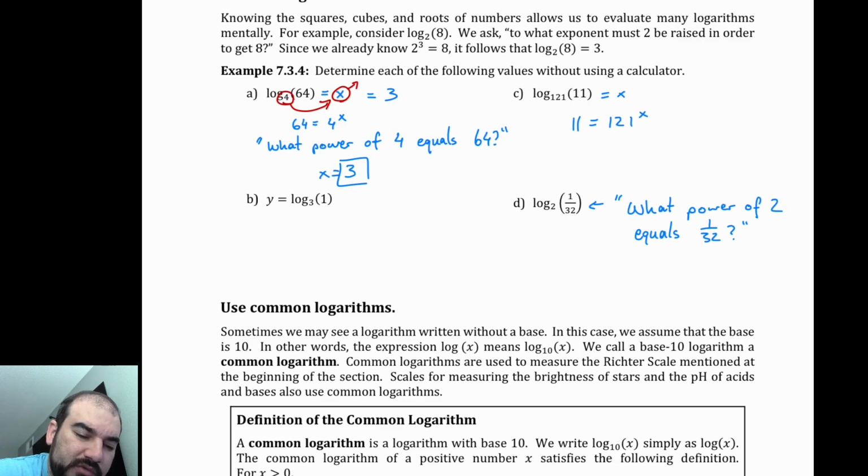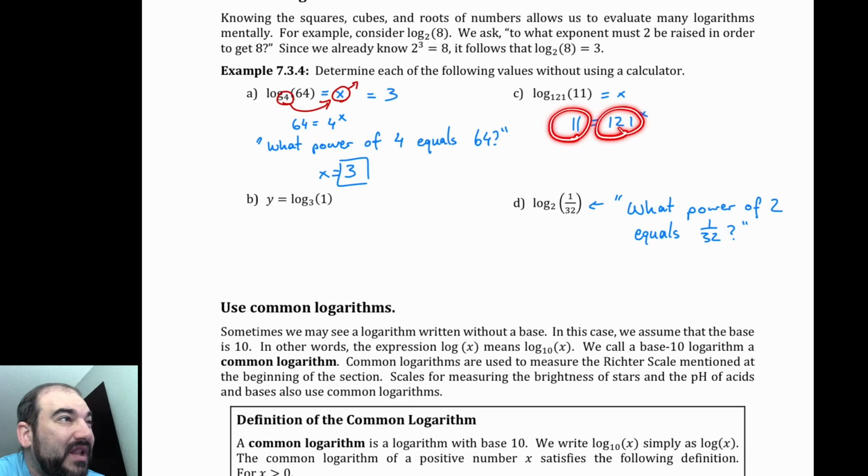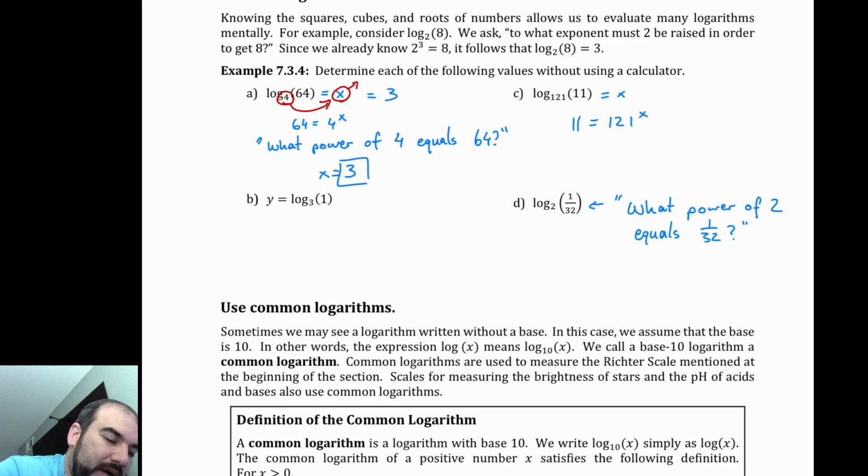If you notice, 121 is a power of 11, right? 11 squared is 121, but that's not the relationship we're looking for. So how you would get from 121 to 11 is by square rooting it, right? Because 11 squared is 121. So if I were to start with 121, I would need to square root it to get back to 11,